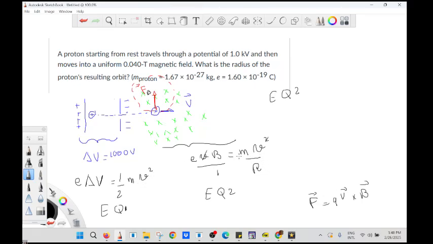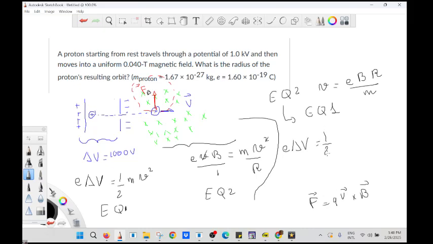Or you can go only algebraically. That's what I'm going to do. So I'm going to do equation 2. Let's say you have the speed equals E times B times R over M. That's from equation 2. And I'm going to plug that into equation 1. So I'm going to have E delta V